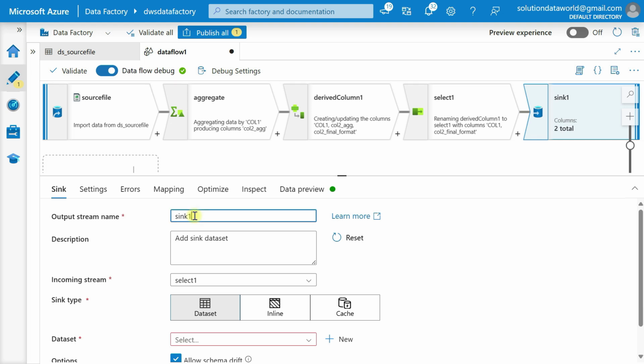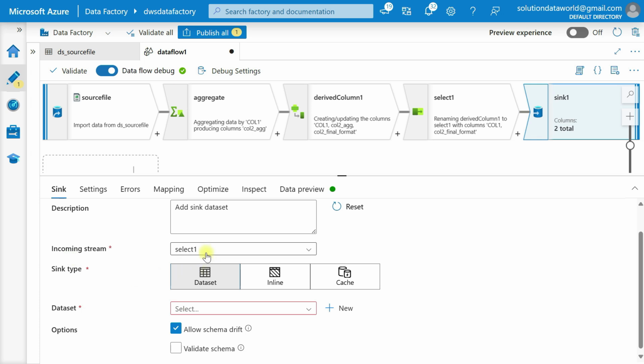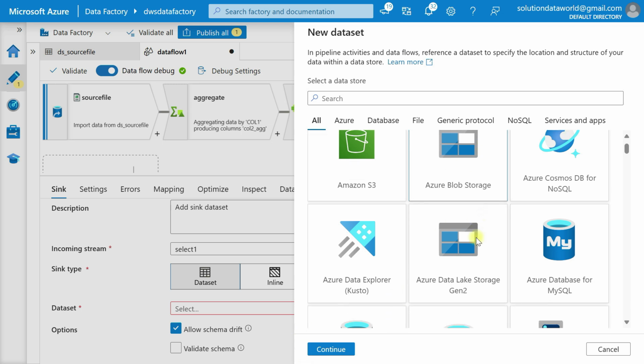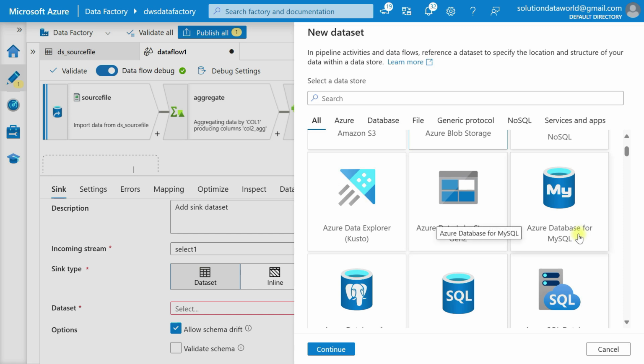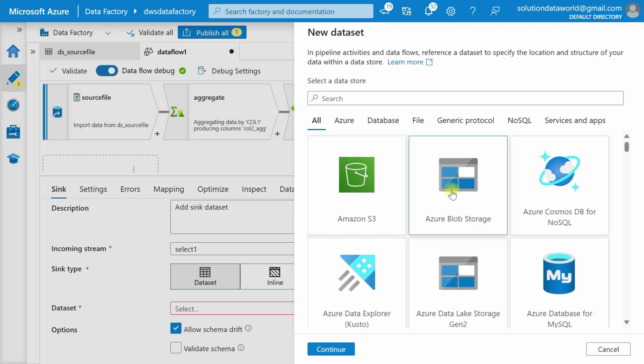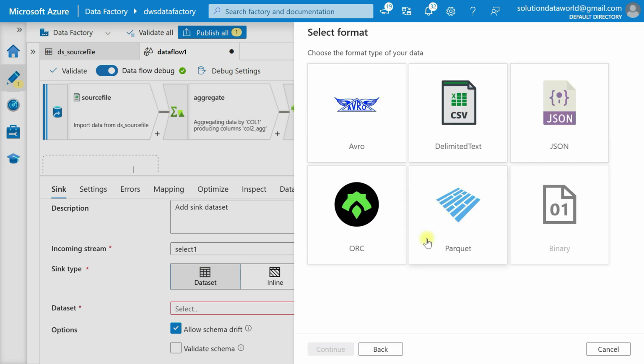So name it final destination, and the incoming stream is the select transformation, and choose the dataset, and let's use a new dataset, and we want to load into Azure Blob Storage. As per your requirement, if you want to load into an Azure database or any Snowflake database, choose the appropriate one. Let's use, for example, Azure Blob Storage. So select Azure Blob Storage and select the appropriate file format,